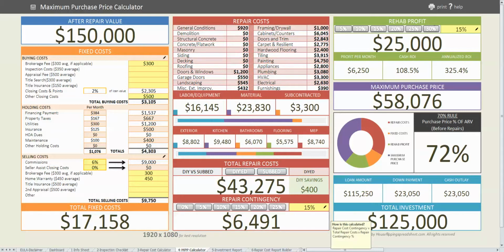And that pretty much sums up the maximum purchase price calculator. As you can see, it's a must-have tool for rehabbers and real estate investors to quickly evaluate potential rehab deals and determine the maximum purchase price for a